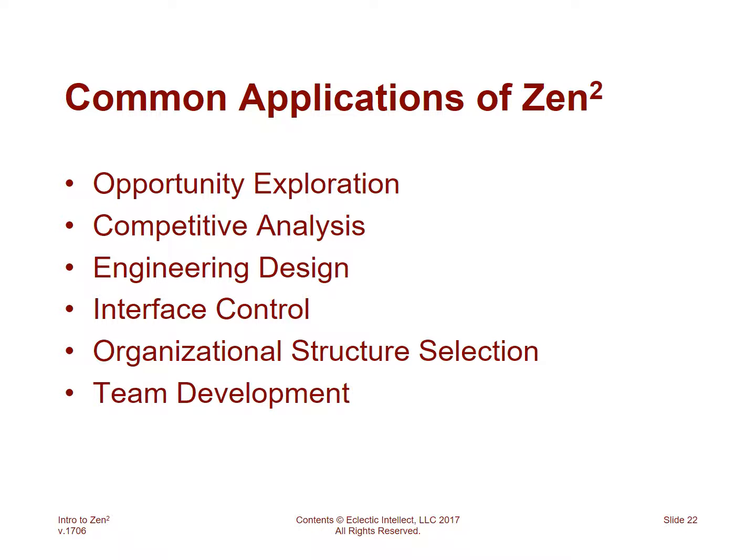Team development: every team, whether you're talking about sports or business or anything else, is a function of the talent that exists in the individuals, then the talent that exists and emerges as a result of the team. Teams are supposed to be much more than the sum of the parts. If you're not getting that, a really good thing to do is to take a look at all of the relationships that exist between all of the members and make sure that they're healthy, not dysfunctional, and that they're wired up so that they can contribute to the output.